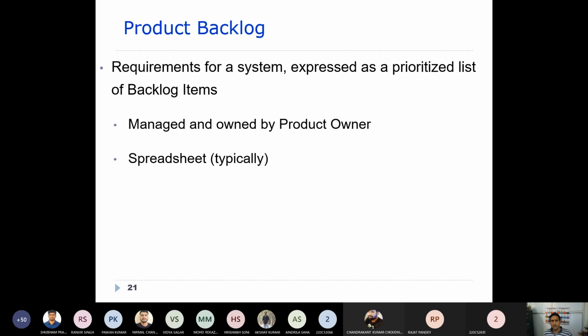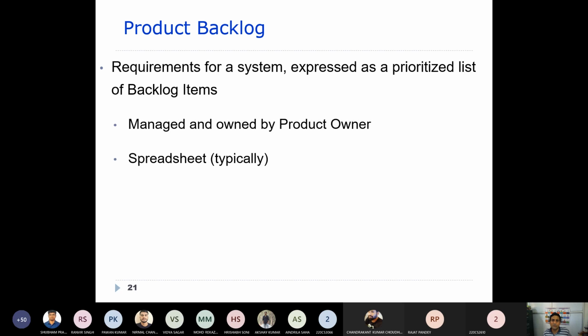Now, part of the product backlog is the requirements for a system expressed as a prioritized list of backlog items. These are the various items that need to be developed, and these items are managed and owned by the product owner, usually using a spreadsheet or an Excel sheet.